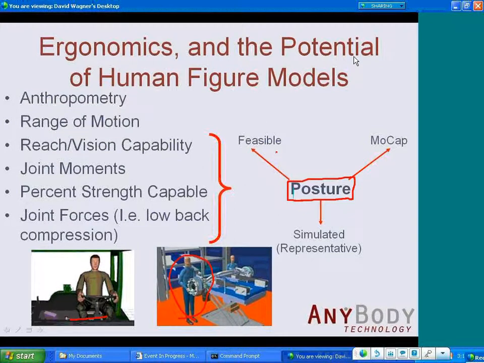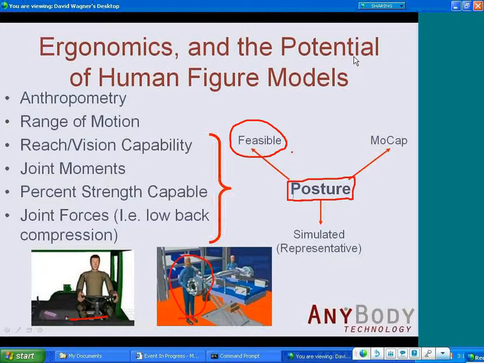One is just a simple feasible approach. Can I articulate the mannequin with some given joint constraints and put them in a posture to feasibly perform a task? Usually this is an ad hoc method, but fairly easy to do. However, in terms of ergonomic analysis, the set of feasible postures is quite large, and what an ergonomist would rather prefer is